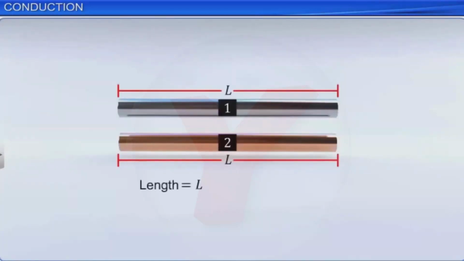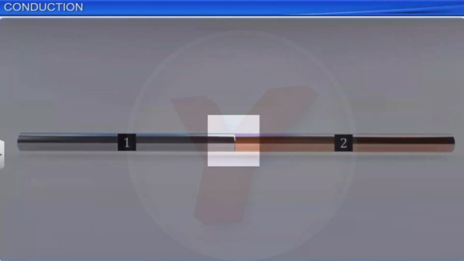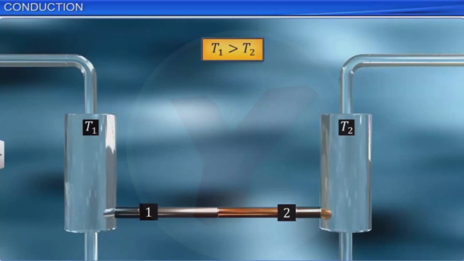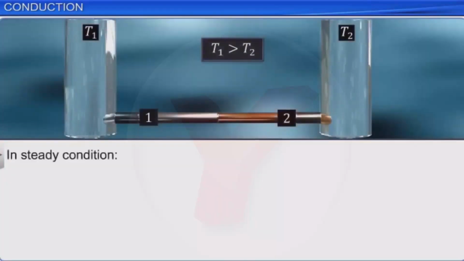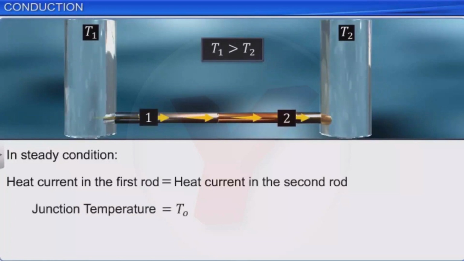Now consider two bars each of length L and a cross-sectional area A. The bars, made of different materials of thermal conductivity K1 and K2 respectively, are soldered end to end, and the free ends are maintained at two different temperatures T1 and T2, with T1 greater than T2. In a steady state, heat current in the first rod is equal to heat current in the second rod. If the junction temperature is T0, then